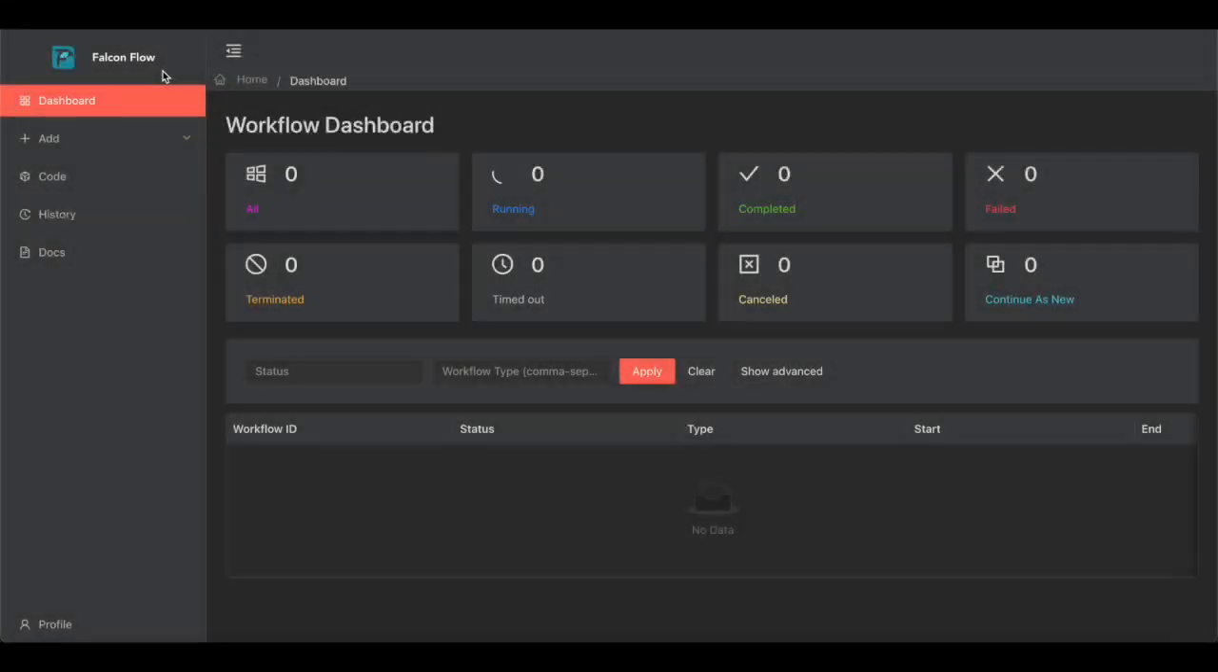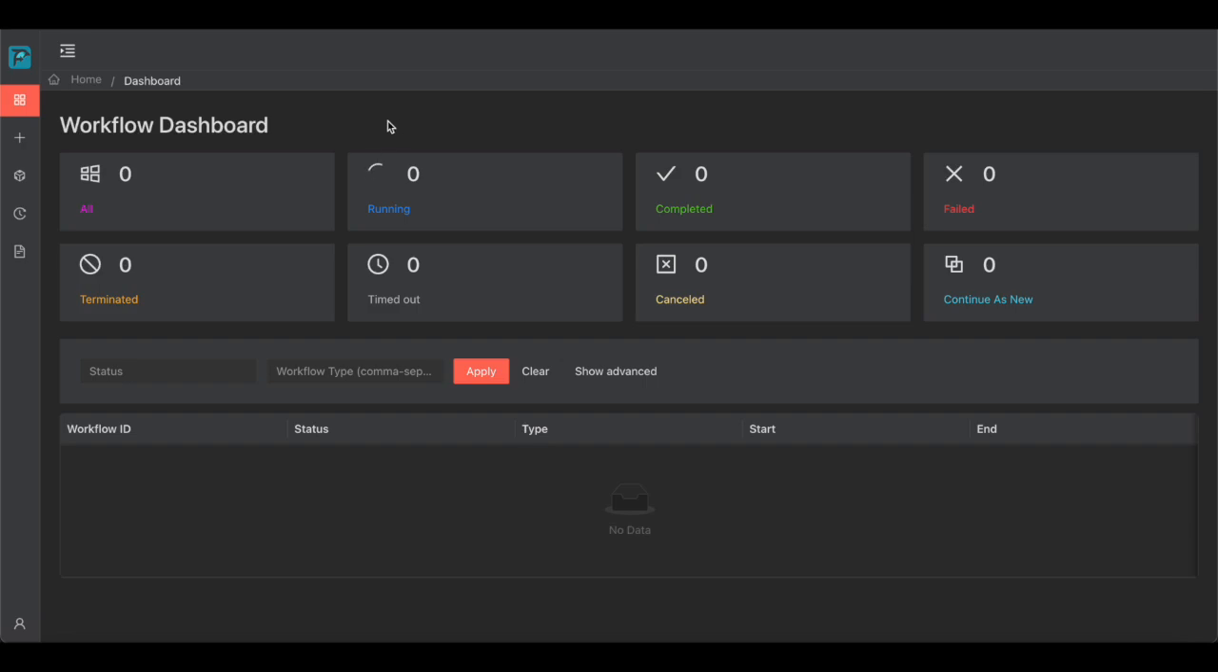It is called Falcon Flow. It has the ability to run automated workflows. You can create workflows similar to other workflow systems. You have a GUI where you can drag and drop components and create the workflow. So let's get started. We have a dashboard screen where we can see all the workflows which are currently